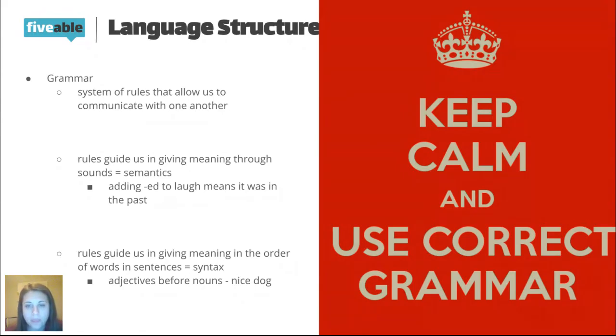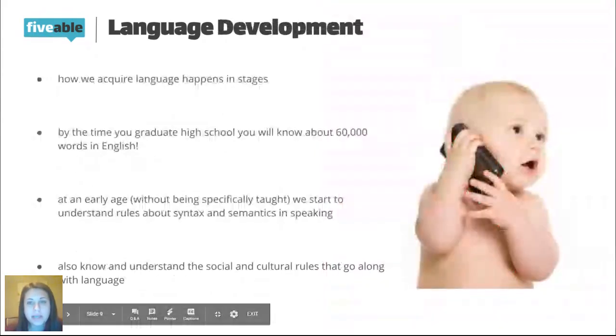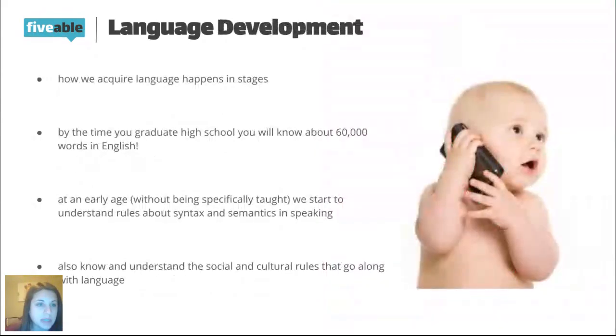Great question. So language development specifically happens through a variety of stages. We don't just one day start speaking in complete sentences, right? We have to learn to put it all together. So how we acquire language happens in stages. And what's fascinating to me is that by the time you graduate high school, you're going to know about 60,000 words in the English language. If you're bilingual, you're going to know even more than that, which is really amazing to think about. Being bilingual is a really beneficial thing. We can talk more about that maybe when we review bio, about the benefits of that for your brain